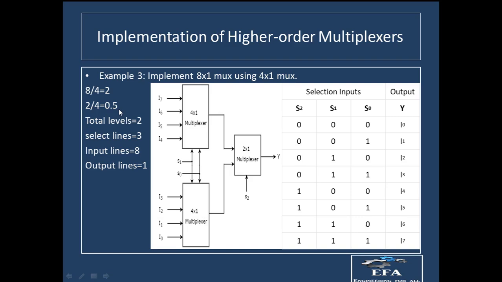When it is a floating point number, the levels will be two levels. The first level is here and the second level is at this position. Now the question is that we have to implement the 8:1 mux with the help of the 4:1 mux. So if we implement a 4:1 mux at this position, we know that the 4:1 mux should have 4 input lines.